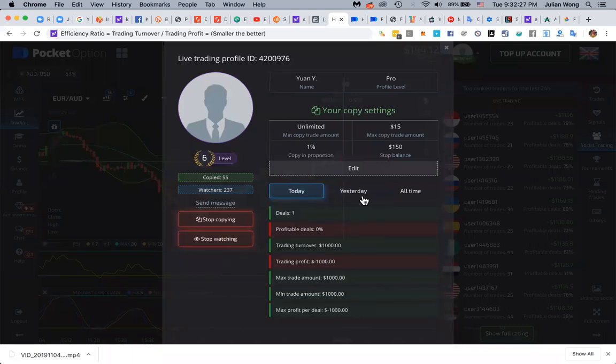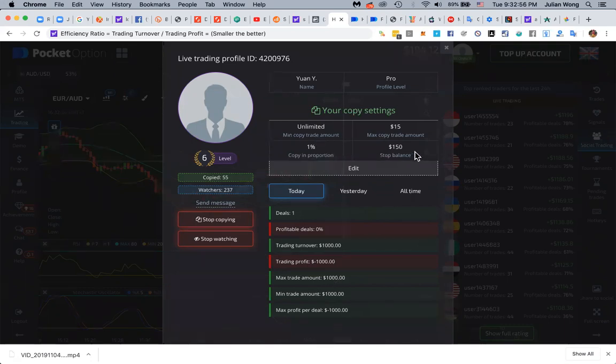And if you guys have only $100 to trade, I would suggest that this is one guy that you should follow. If you have $100, hey, my account, I started with $100 as well. I took the 100% bonus. So I will put the copying on 1%, because it's a $1,000 trade, right? So 1% means that the trade is going to be $10 each time.